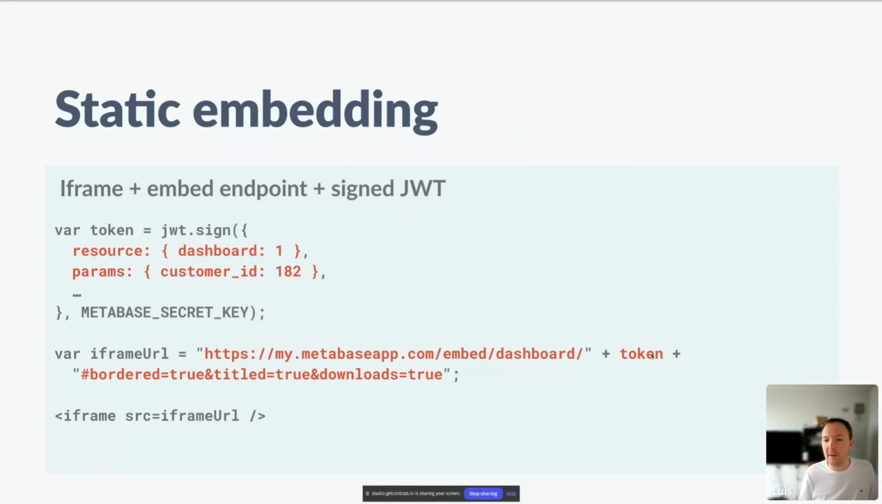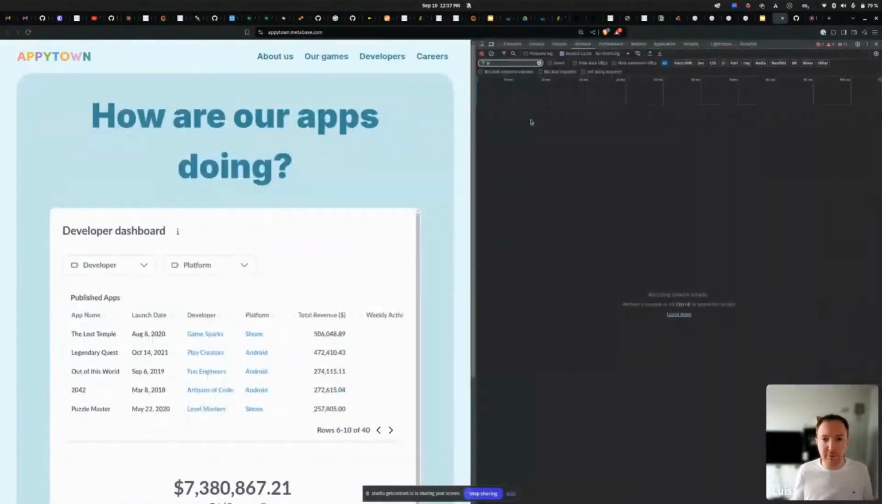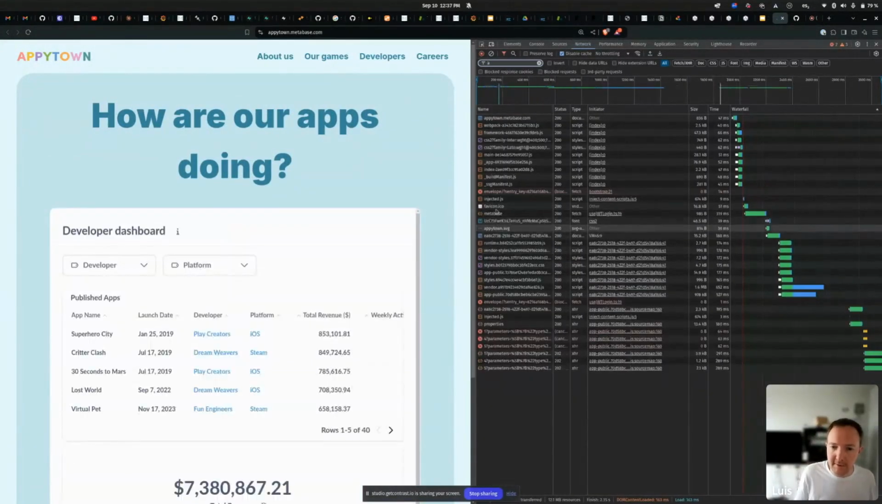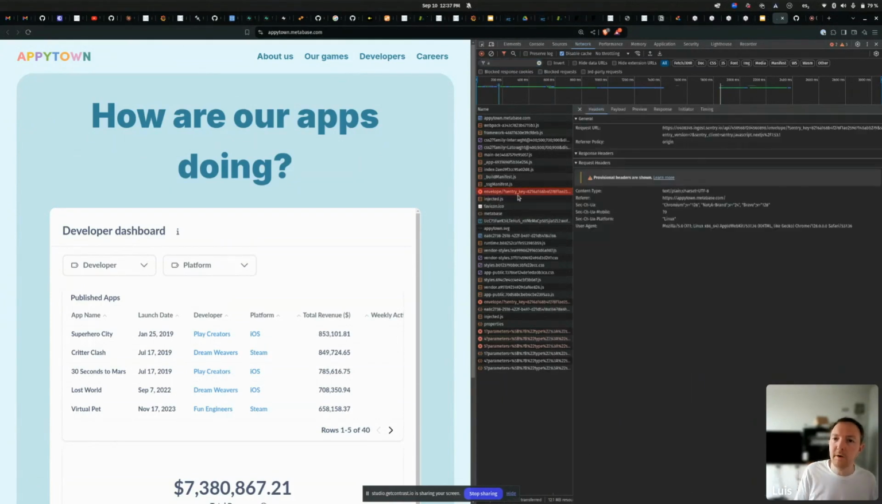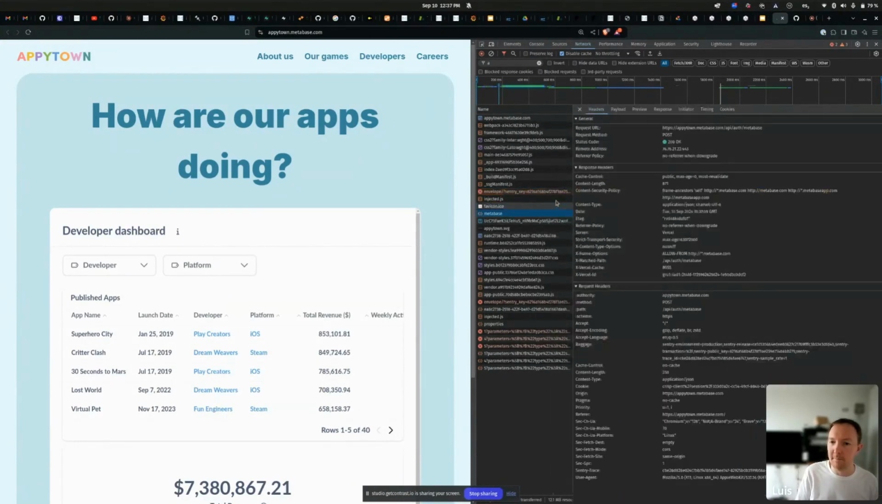If you go to Metabase with this signed URL, Metabase will be able to give you the dashboard or the question. Let me go back to the Appytown demo to show you exactly that. If I open the developer tools for this and do a refresh, you will see that. Let me try to zoom. I'm not able to zoom over here. Sorry. If you go to here, you will see that when I go to this Metabase,